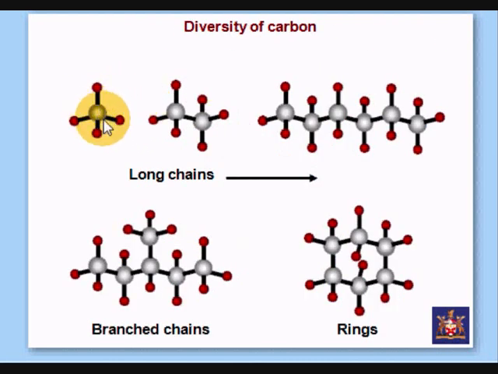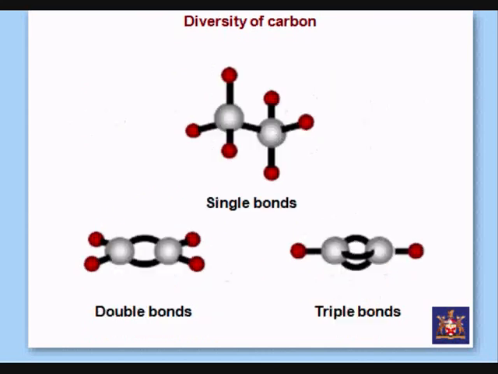So you've got the diversity, then you've got the single molecule, you've got bonding, then you've got chains, so you've got from the single to the poly, and you've got branched chains, you've got a group here at the side, and you've also got rings as well. And you've also got your single bonds, your double, and your treble, and this leads to different families, different names.